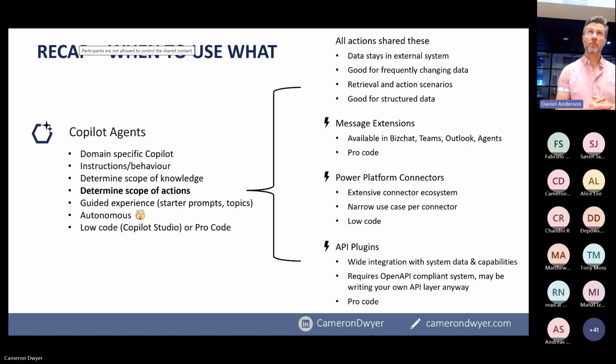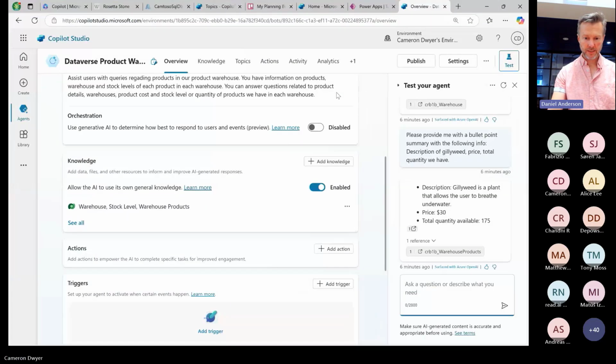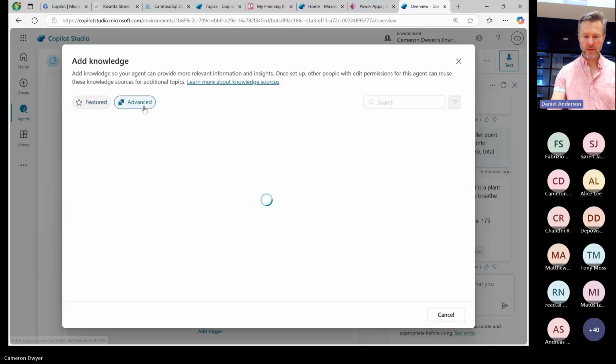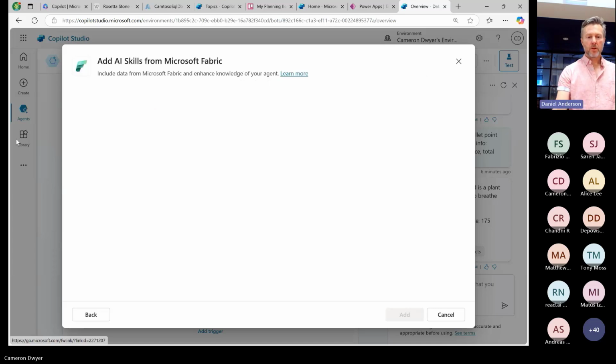There's something called Fabric, Microsoft Fabric. And the idea behind Microsoft Fabric is to give one consolidated way of getting at large data repositories, and that includes OneLake. And Microsoft will be bringing that through to Copilot. I am still sharing my screen. If I was to jump into a browser here, and add knowledge and go to advanced, we will see a tile here for Microsoft Fabric. So Microsoft Fabric is your answer. Microsoft Fabric will give you access to Data Lake and OneLake through Azure.